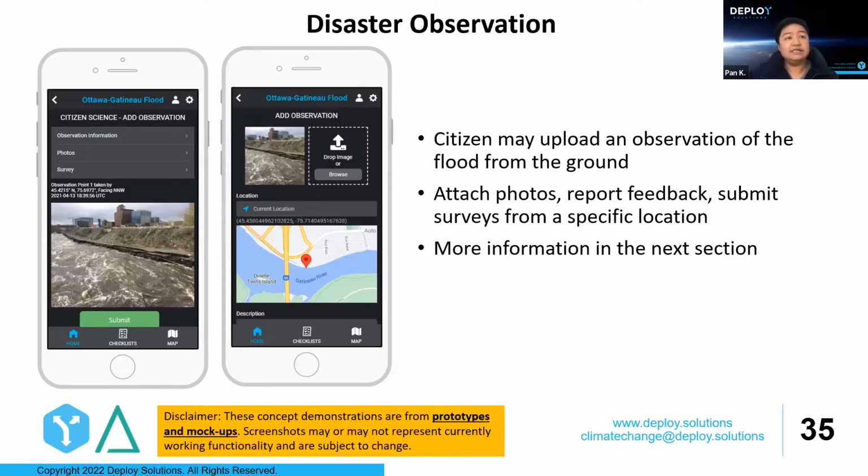And behind the scenes, the trusted authority can use this information along with the satellite and radar imagery to create a flood map, maybe predict possible disasters and prepare for relief facilities and warn the citizens in advance.